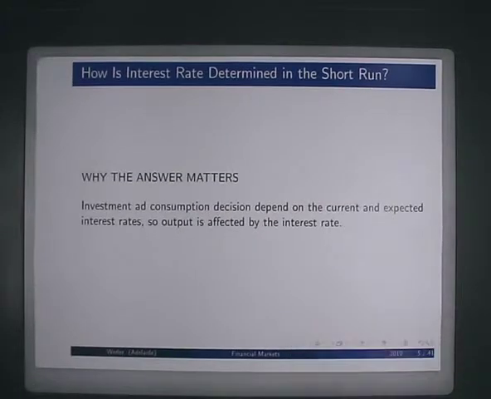So why does it matter? Well, of course, once we would like to explain what's happening on financial markets, in particular on the money market. But there, of course, is going to be some feedback, right? So in particular, investment decisions by firms will be determined by the interest rate, okay? Because quite often firms do not have enough cash flow around to buy all the new investment goods they want